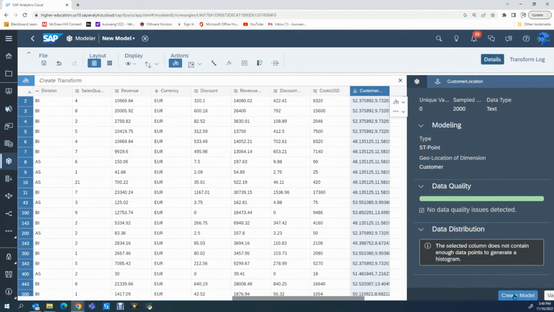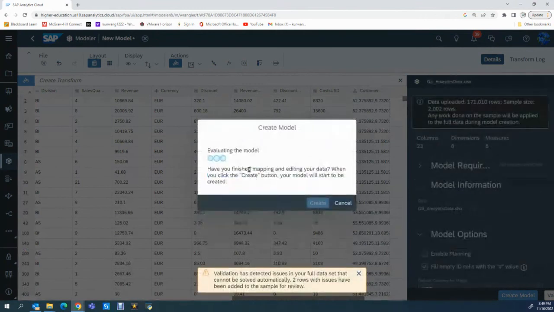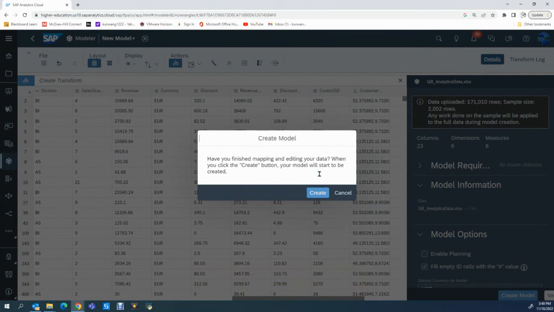So now you are ready to click the create model. Okay, they will give you a reminder to validate and check your data one more time before you proceed. So the system is checking your data structure, making sure everything is right and no missing data, no apparent mistake, or that the structures do not conflict with each other. So once you confirm,